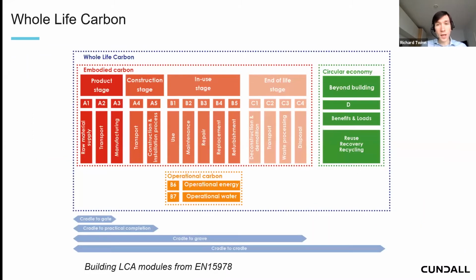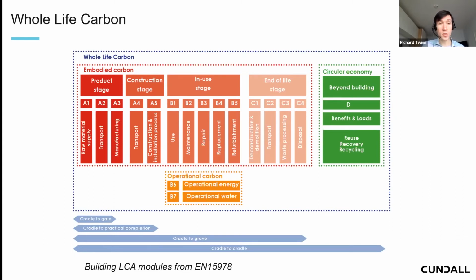So just diving into a bit more detail about what is covered by whole life carbon. So these are all of the impacts which are associated with a building throughout its life cycle, and all add up to create whole life carbon. These are the modules taken from the international standard for building LCAs. That's the catchily named EN 15978. And here you've got, first of all, the embodied carbon, and that includes what's called the upfront carbon, everything before practical completion, before a building is even operated.